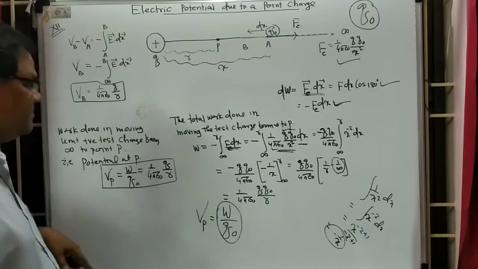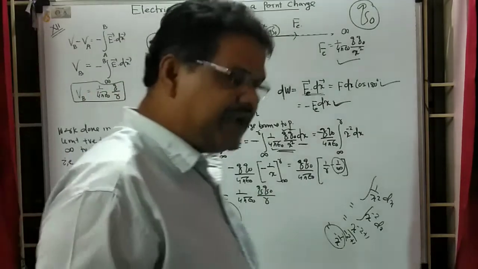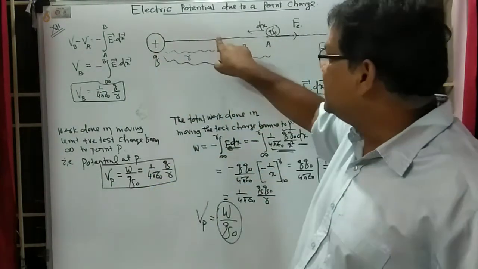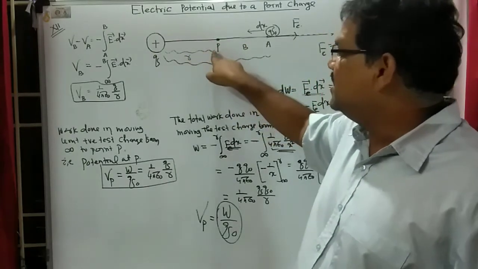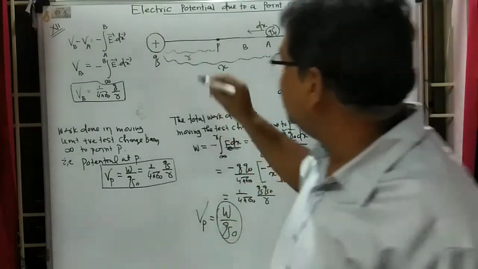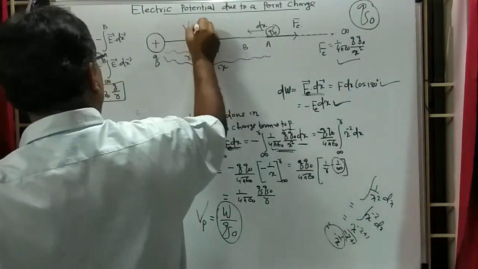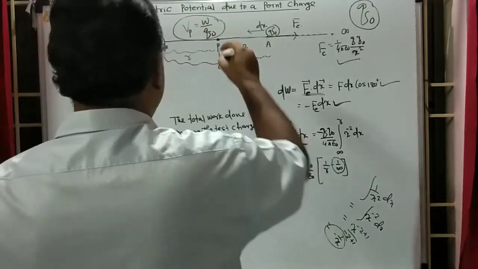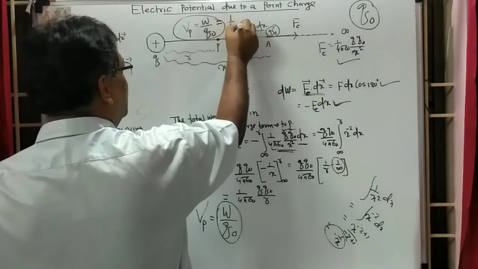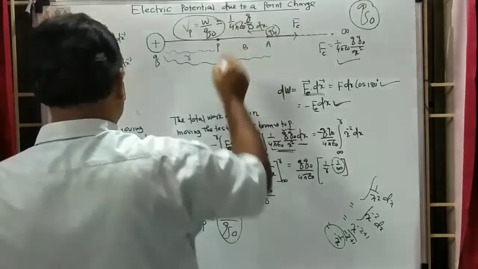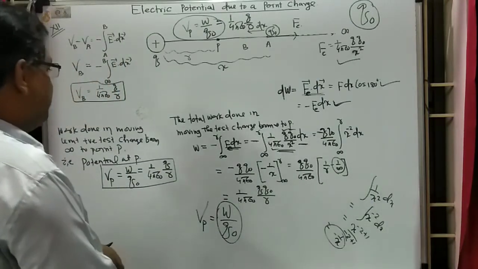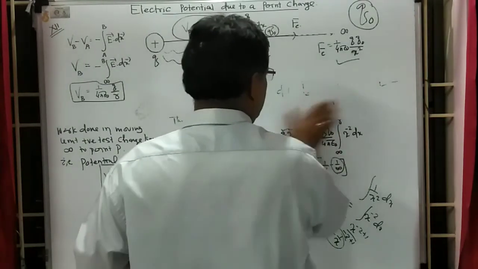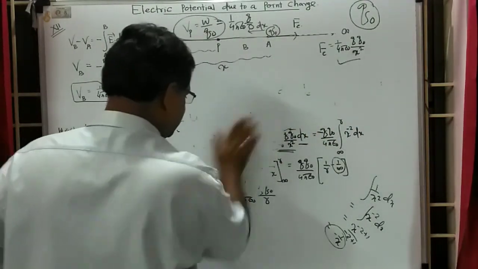So this is the required expression for the potential at point P due to a single point charge. If you keep the single point charge here, at a distance r, we have the potential Vp equal to W upon Q naught, and mathematically this is equal to 1 upon 4 pi epsilon naught Q upon R. So this is all about the potential due to a single point charge. Overall we are getting three ideas. What three formulas for the potential? Once again I am telling about that potential.